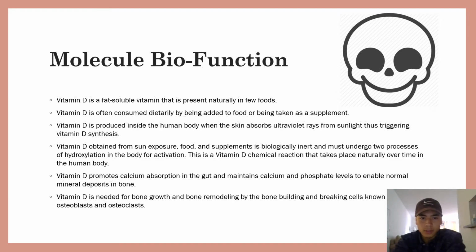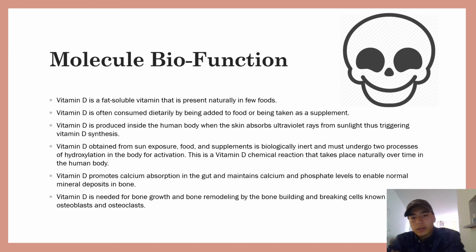Vitamin D obtained from sun exposure, food, and supplements is biologically inert and must undergo two processes of hydroxylation in the body for activation. And that is the synthesis of vitamin D. So when we're getting it from the sun, we are getting vitamin D from the sun, but not the way that our human body utilizes it. So we're putting it under the synthesis, just like plants would. Plants receive energy from the sun, and then they break that down through photosynthesis into their food. And photosynthesis, I believe, is a way to take vitamins from the sun, which is their nutrients. So